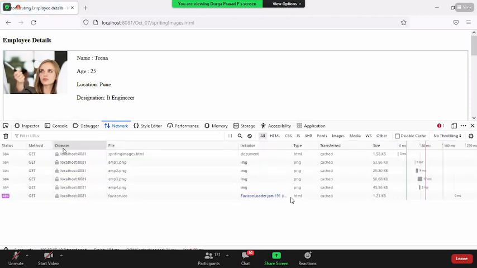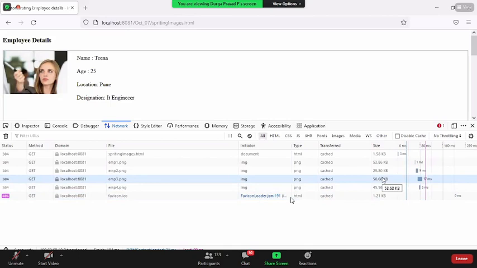You should be able to see it within the network tab. And not just the list, it shows extra information like which tag initiated this, what type of image it is, whether it is cached or not, what its size is, and the total time it is taking to get this image. Every such piece of information is part of the network.